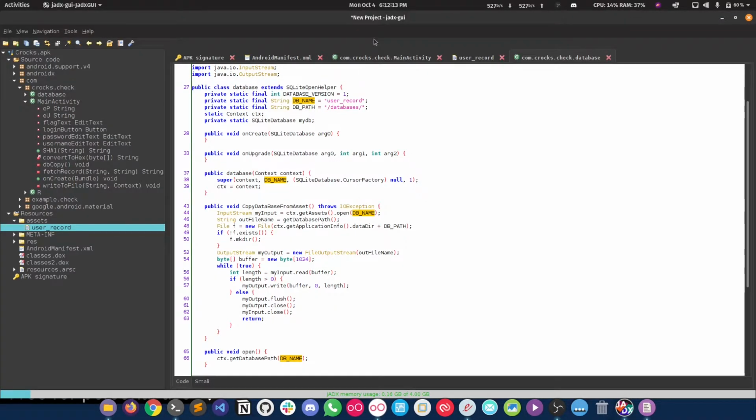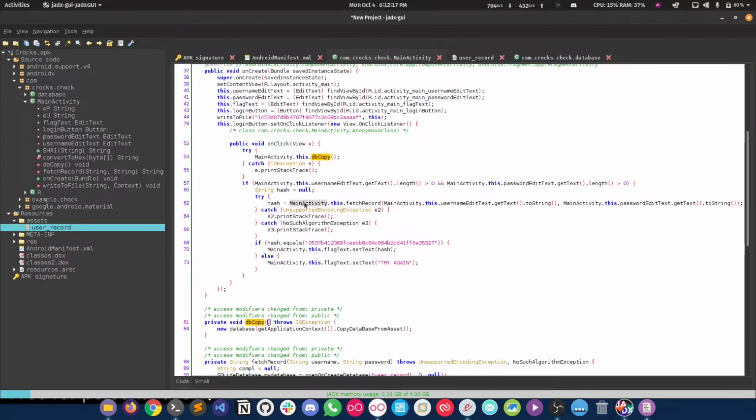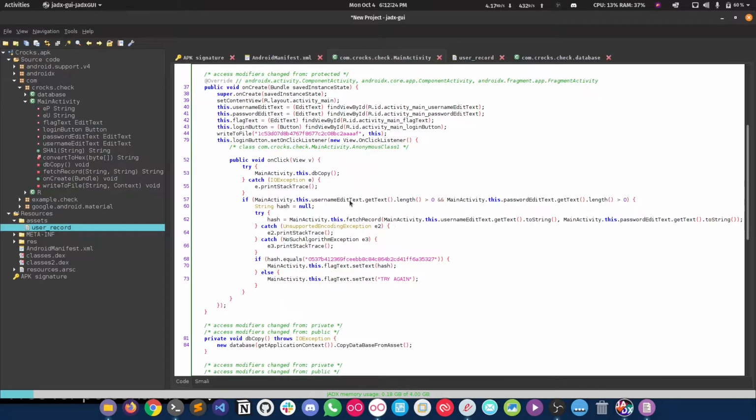So it just wrote it when we open the main activity. This method got called here, and it wrote the database over here. So that would be a SQLite3 database, I guess. Yeah, it is. Okay, so going forward, it is checking the main activity first field, the username here, and then